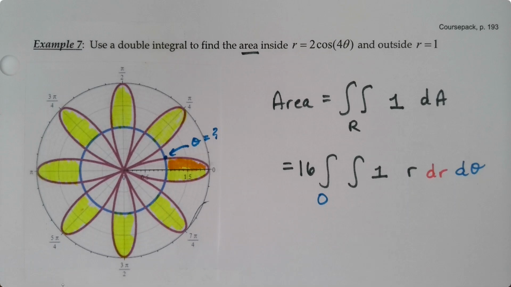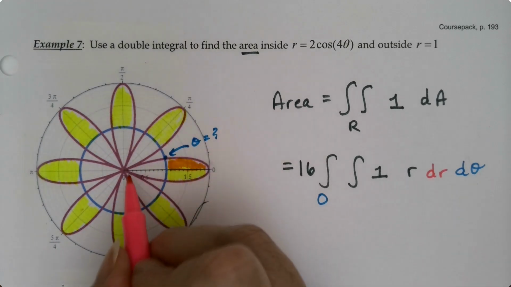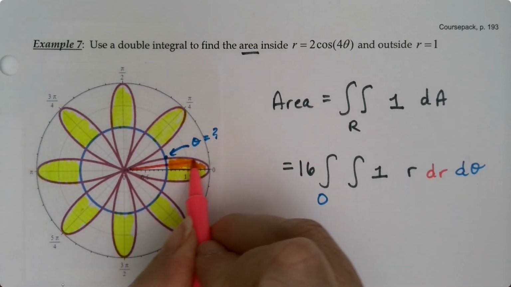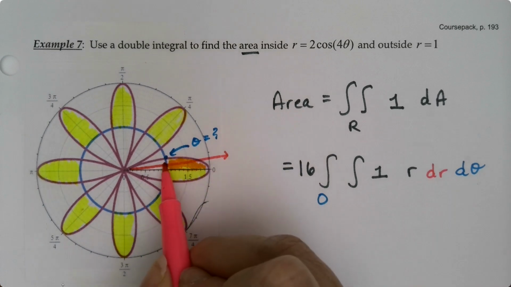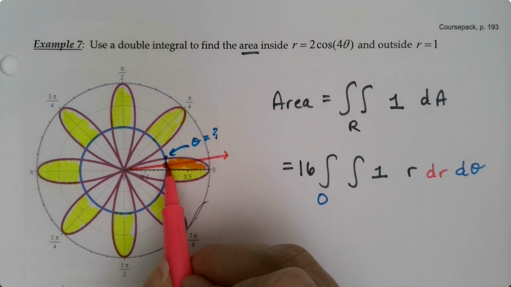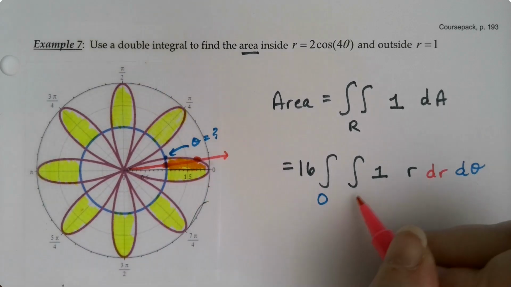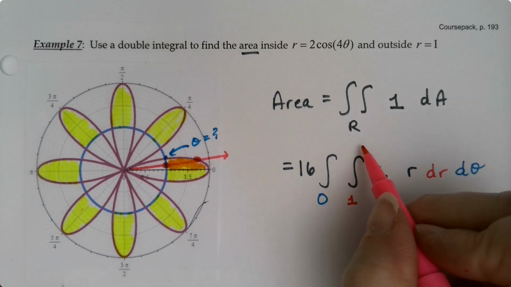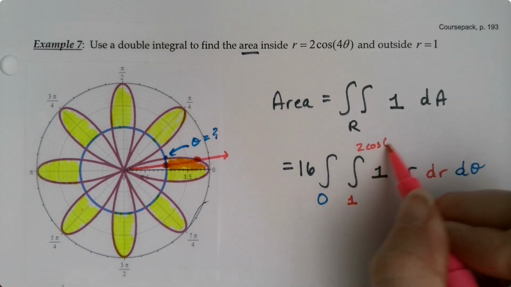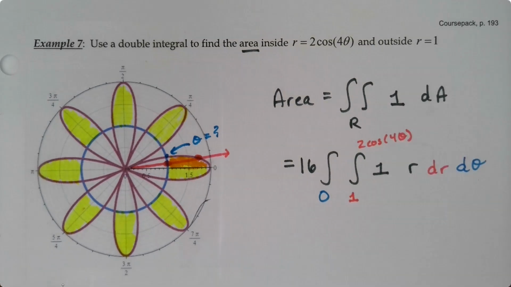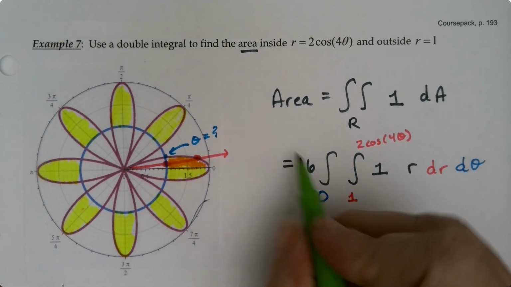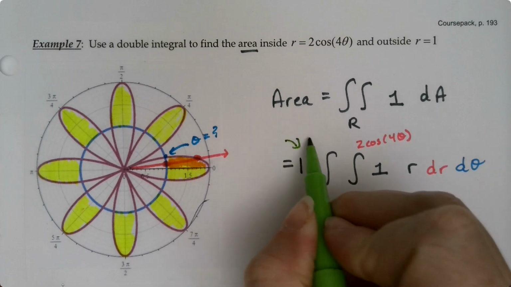All right, and then the r, I can actually do r right now. If I make a spoke come out, it's going to hit at that ring of 1, and then it's going to hit at that petal. So it's going to go from 1 to 2 cosine of 4 theta. So actually r is pretty easy in this case, right? But this is by symmetry, right? We're doing this from symmetry